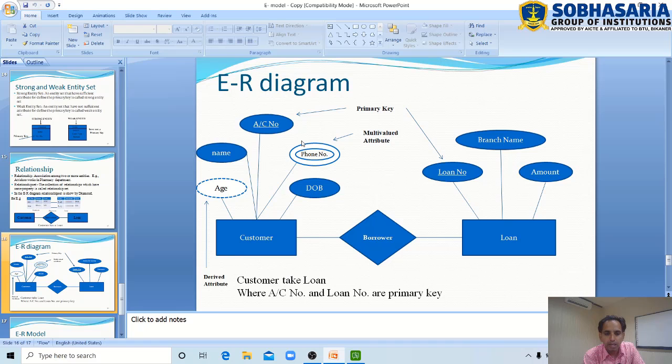A double ellipse is called a multivalued attribute. A dashed ellipse is called a derived attribute, because age is calculated from the date of birth. Loan number is again a primary key, and the primary key is denoted by an underline. So this is finally the ER diagram.